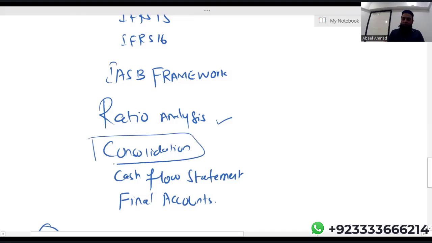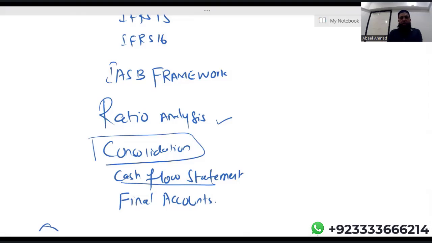Consolidation, always important. Obviously, it has the potential to be examined in section C for 20 marks. But sometimes the examiner combines both topics, ratio analysis and consolidation, and sets one question. Cash flow statement, a very important area of your syllabus, but